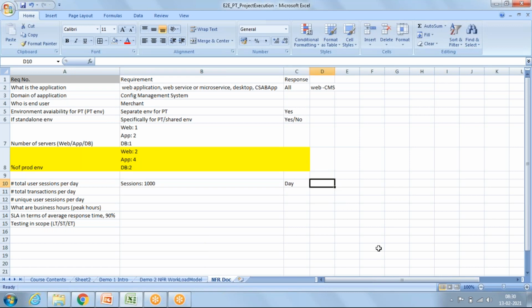Then what do you think? Is it for 24 hours, or is it for working hours like 8 or 9 hours?